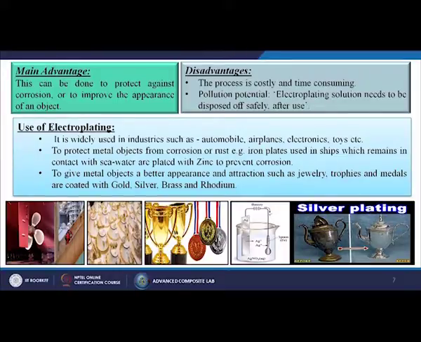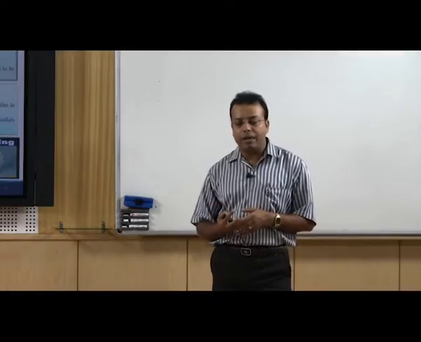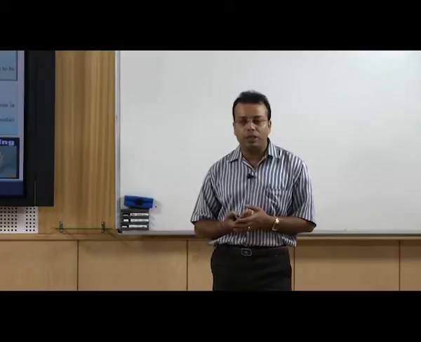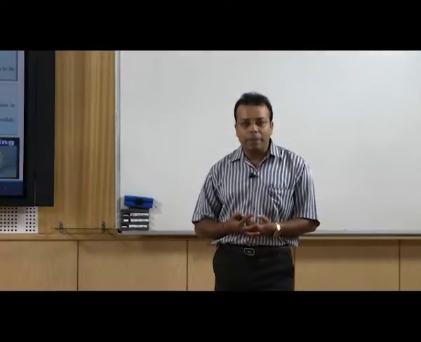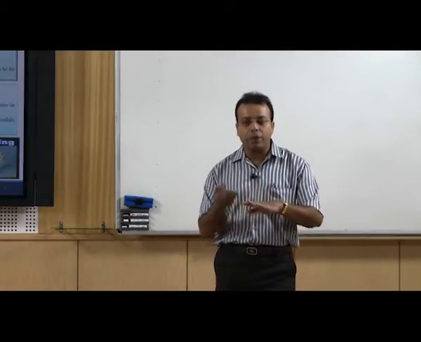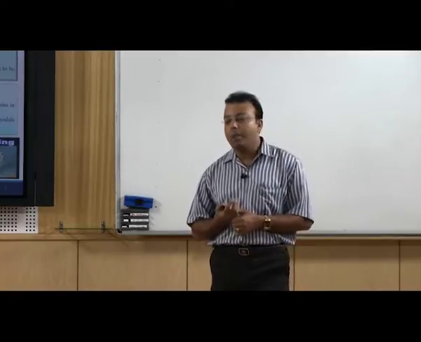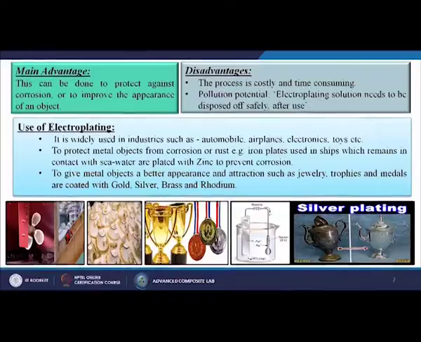to protect metal objects from corrosion or rust. So, simply we are doing some kind of stable material coating onto that substrate, so that that stable material can't react with rain or moisture or other chemicals, so that it can give protection onto our substrate material.